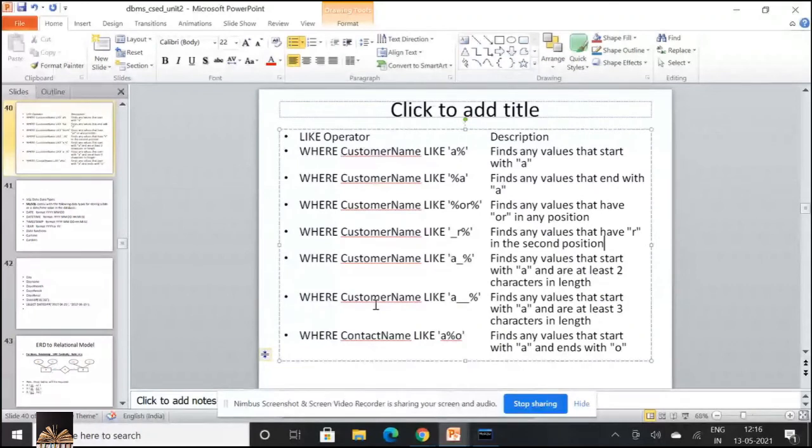And if I have more underscores, you just add the number of underscores in order to find the length. Now, WHERE customer name LIKE 'A%o' displays the details of the customers whose name starts with A and ends with O.